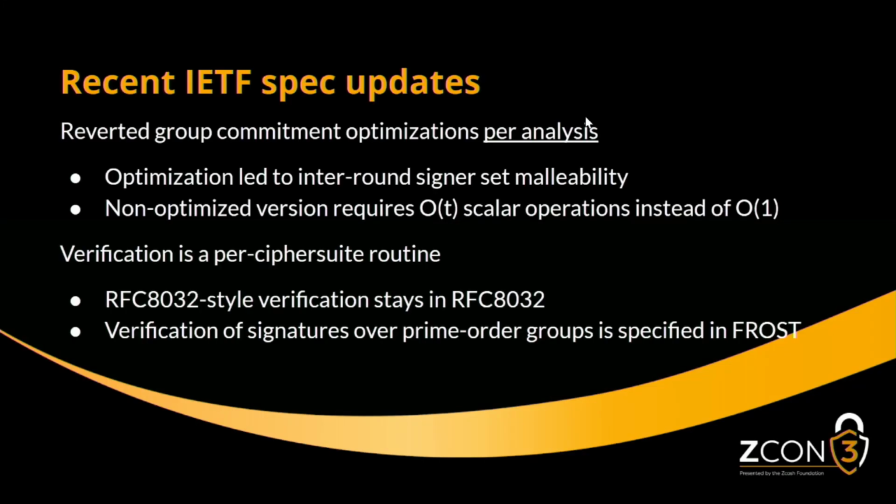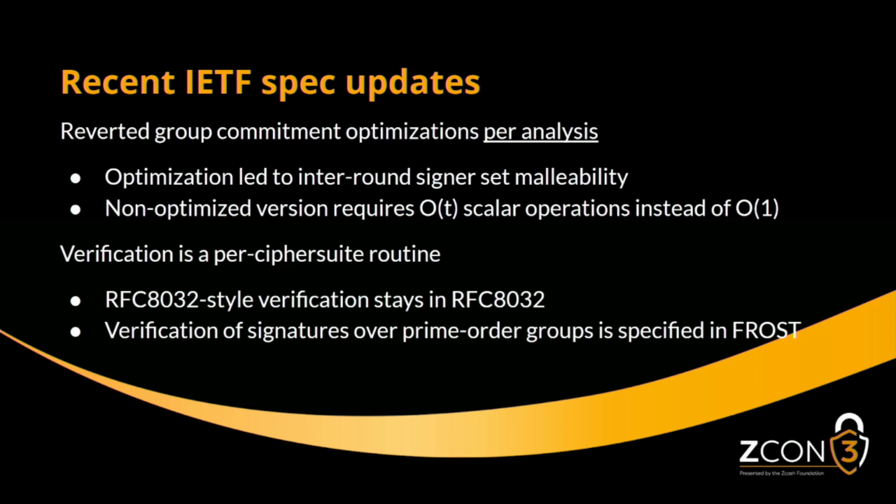And one other thing that we added is that we were trying to specify our verification formula. If you have a threshold signature, it should be the same as a singleton signature. How do you verify it? We had these subroutines in our specification, and we were trying to make them work for prime order groups, cofactor curves, and so on. And it wasn't working because of IETF spec reasons,